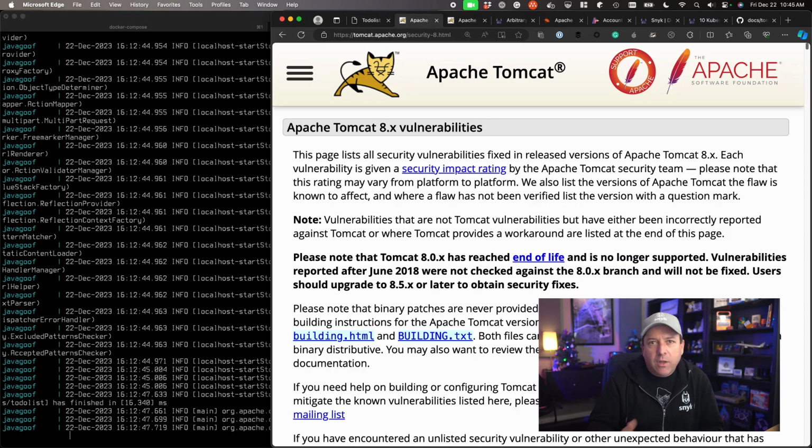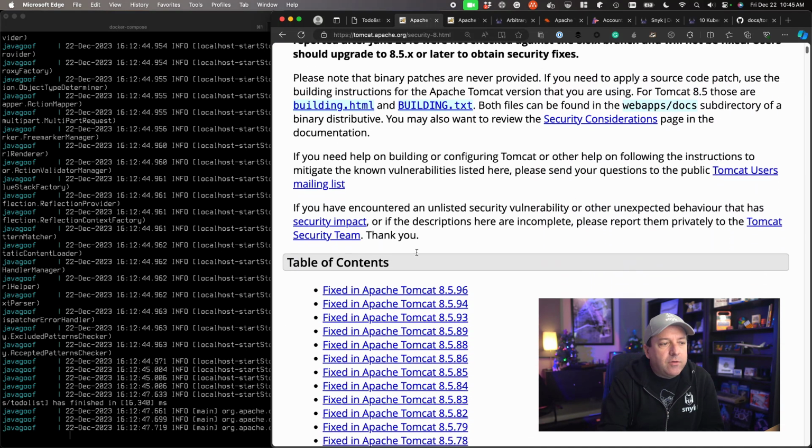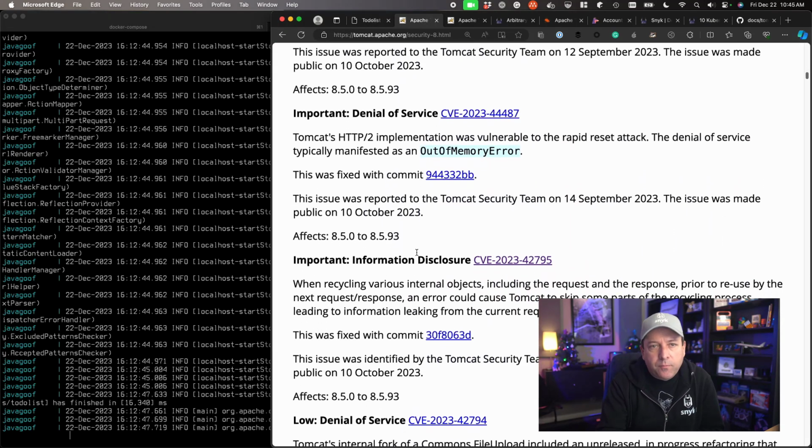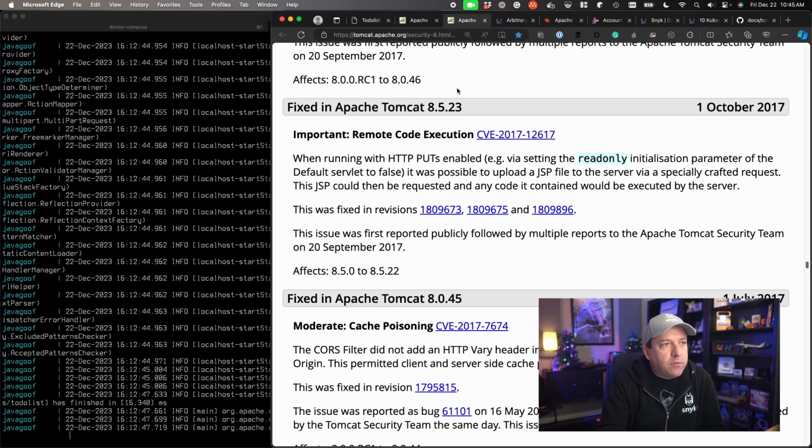I am familiar with the JVM and some of the packages, and I'm perusing over coffee in the morning the Apache Tomcat vulnerability fixes. This page is all the Tomcat 8 series, and all of these changes are fixes for security. And in here, I'm not going to keep scrolling, I'm just going to pop over here. I happen to see, oh, there was a remote code execution exploit that was fixed in Tomcat 8.5.23 a few years ago. And that means that anyone that might still be running an old version prior to that possibly could